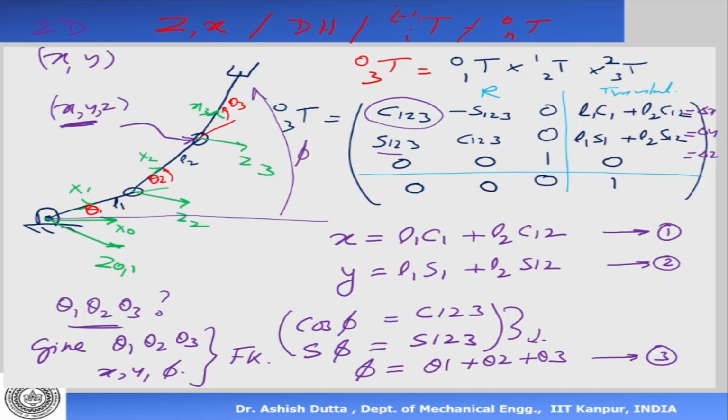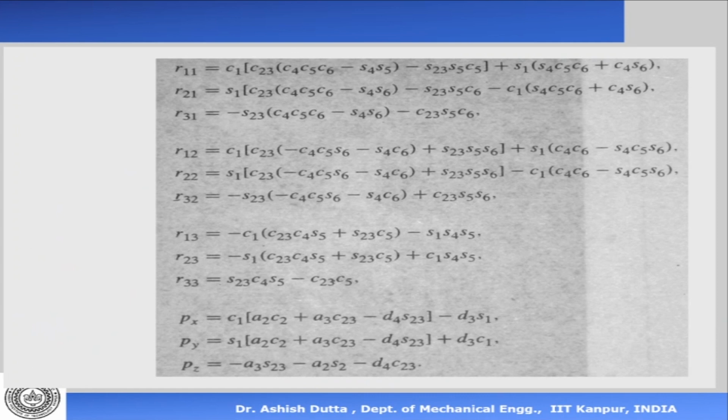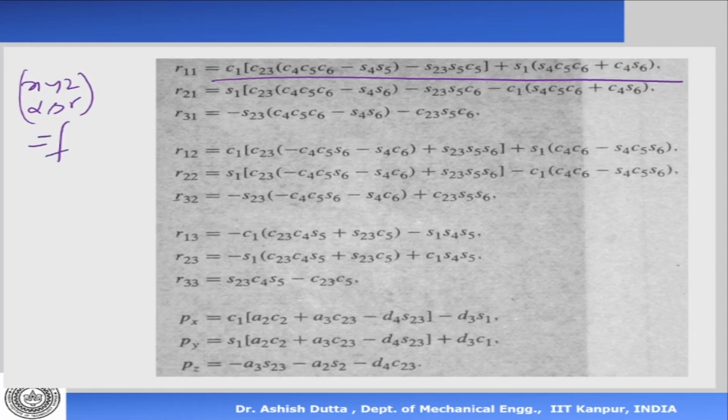But what I would like you to note is that in the case of the Puma robot, the x, y, z and alpha, beta, gamma of the end effector are functions of 6 variables, the 6 thetas. These thetas appear in all kinds of combinations, so it is not guaranteed that you'll be able to solve all the time. I hope you can appreciate that these equations have sine and cos in all kinds of combinations, and this is what makes it very difficult to solve, and you may not be able to solve.